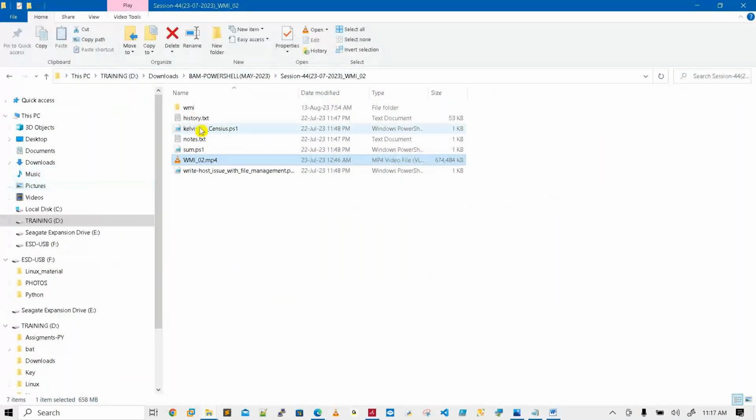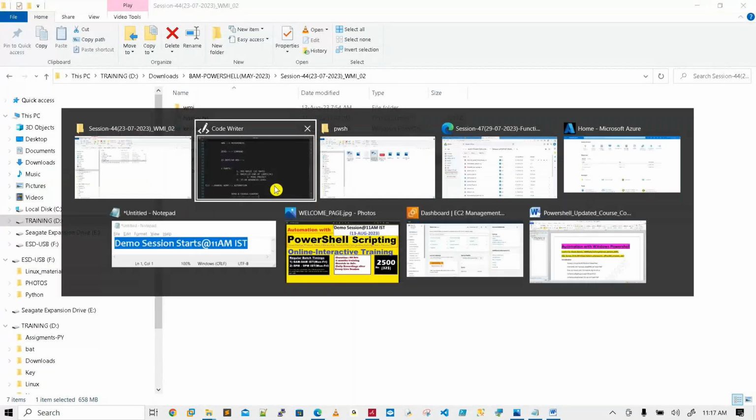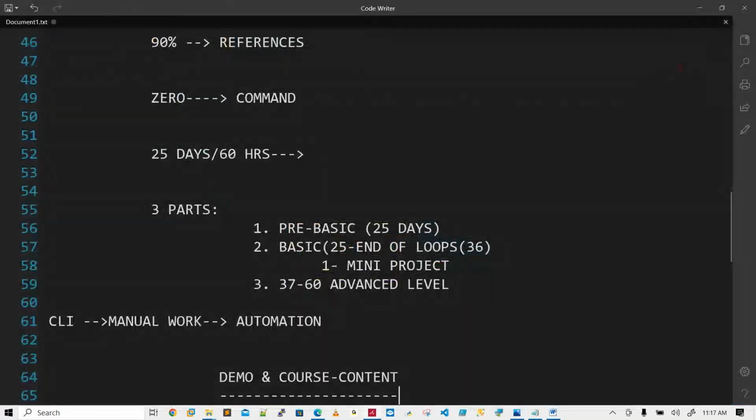Yes, you can write it. First we don't know anything, then how to develop the skill. On day one you won't get 106 lines of code. We cannot write that on day one only. Definitely, everyday live participation is mandatory. Maybe on day one and day two you concentrate more, and if you skip day three and day four and attend day five, everything feels like a Chinese movie only.